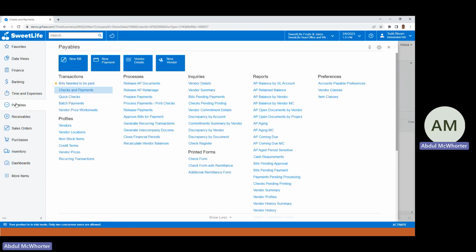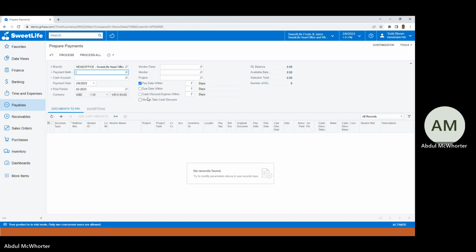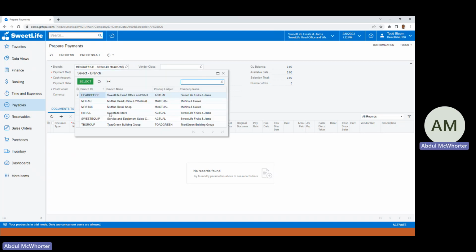Okay, so let's go back to our payables workspace. And so in this process, we'll select payables. Under the processes, we'll go to prepare payments. And the prepare payments form opens. And so from here, we're going to set up the payments like we said. So the first thing we'll do is, the system automatically populates the branch. But of course, if you have multiple companies and you wanted to process payments for other branches, in this case, you could, but